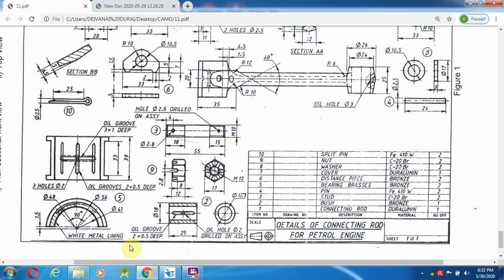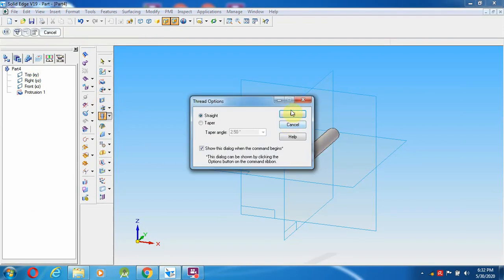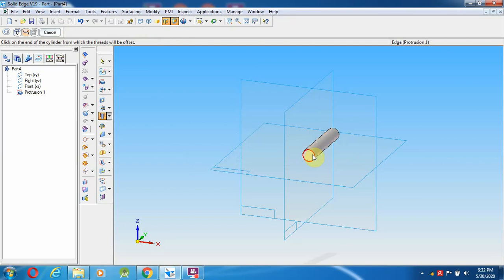Okay, so on this side from 4 mm the hole is coming. So go to the option called thread. Even if you give the distance, it takes from the full length, so 18. It's not an issue.